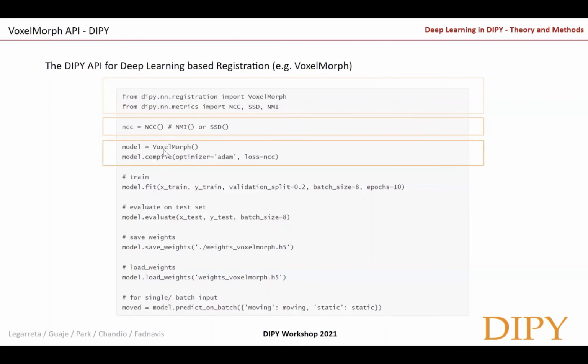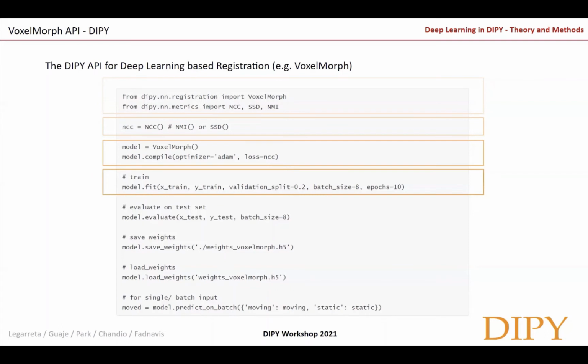Then you create the model. So you just call the VoxelMorph model, and you say model.compile, okay? And if you want to go in and change the model settings, it is possible to do that. You can also play around with the optimizer, and you can have the loss function passed to it. An important thing to say is that we have this implemented in TensorFlow. So when you hit model.compile, you should also have a verbose option where you can see the architecture and also plot out the graph if necessary.